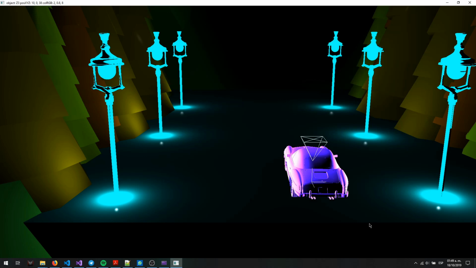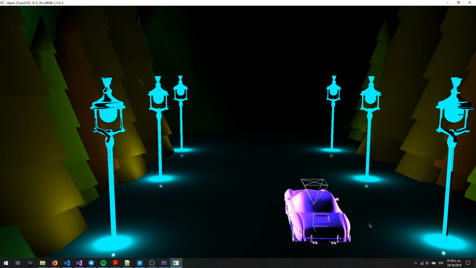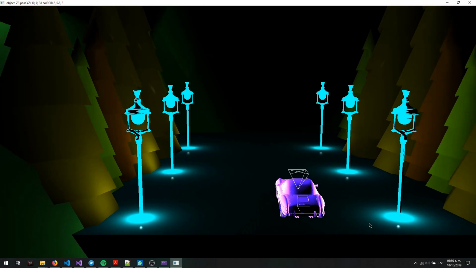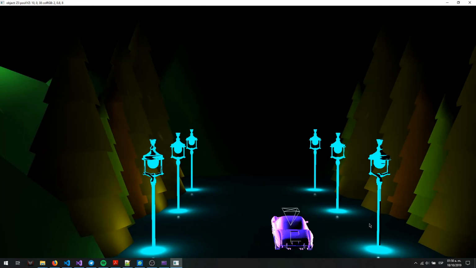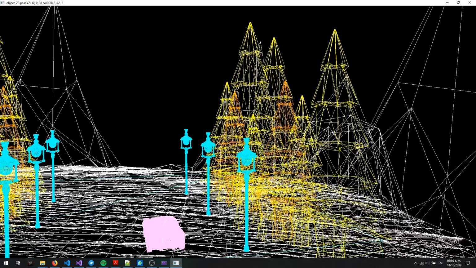So now we are going to see the other 2 lights inside my project, which are the stop lights of the car. So here they can be turned on and off with Control P and Control O. So there and there. Also, with Control W, we can toggle the wireframe of the scene so that we can see every object that's been